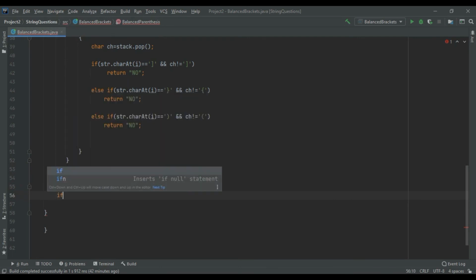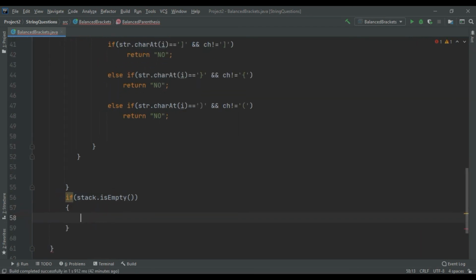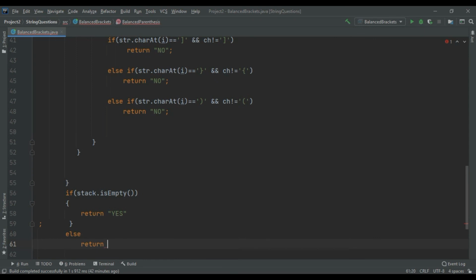So now we would check if our stack is empty. We would check for emptiness, and return yes if our stack is empty, else we would return no. You can do new string no also, one and the same thing.